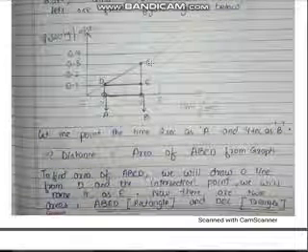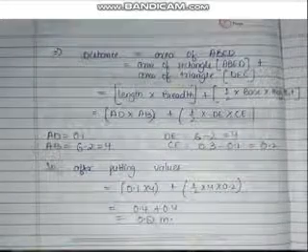This is the triangle DEC. Now where is the base? DE is the base of the triangle and CE is the height of the triangle. So I write here 1/2 of DE into CE. Now I have to put the values of AD and AB. See, I will get the values from here.